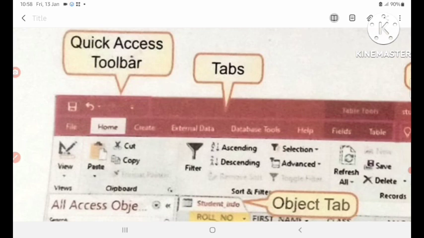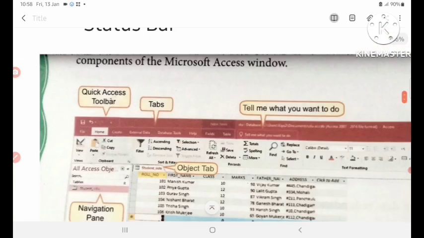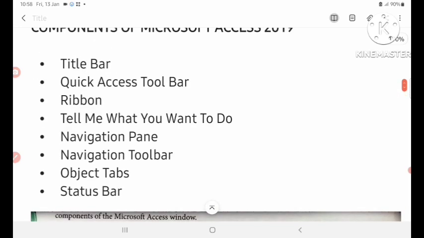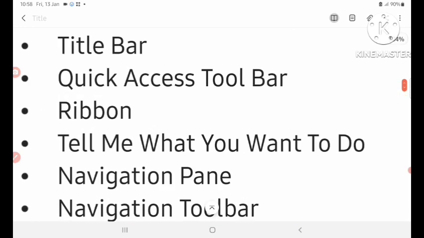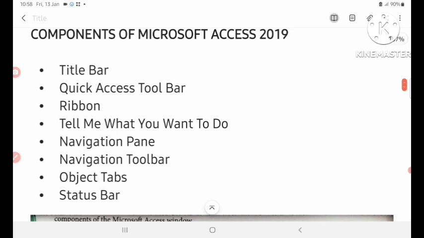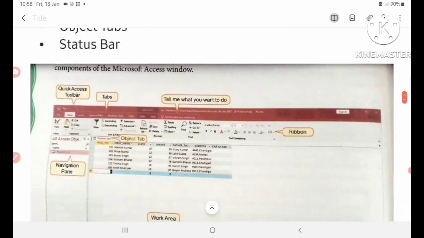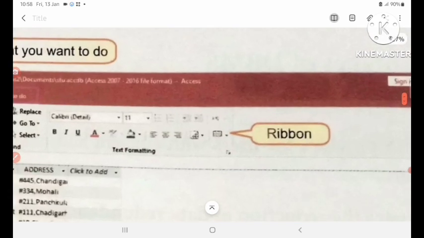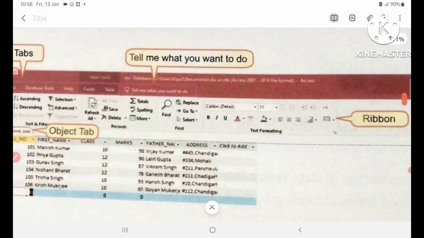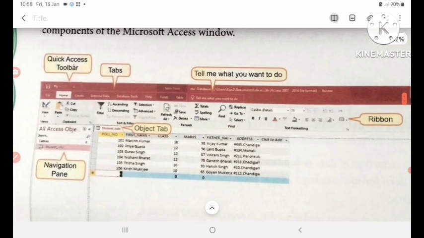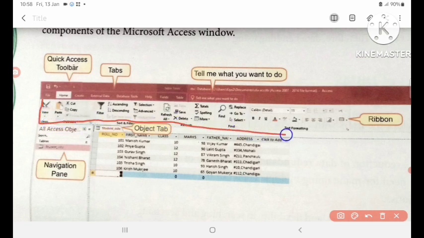Now children, look at the next point. Your next component is the ribbon. This is the ribbon. I am telling you where the ribbon is. This rectangular box from here to here, total, this is the ribbon.